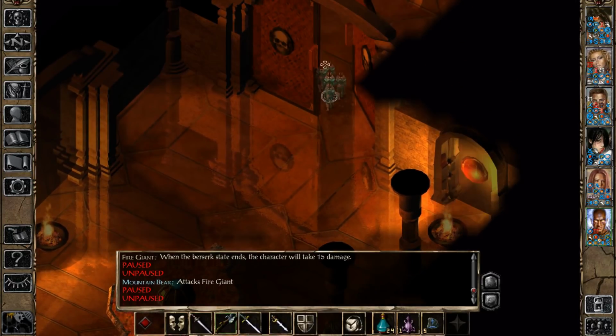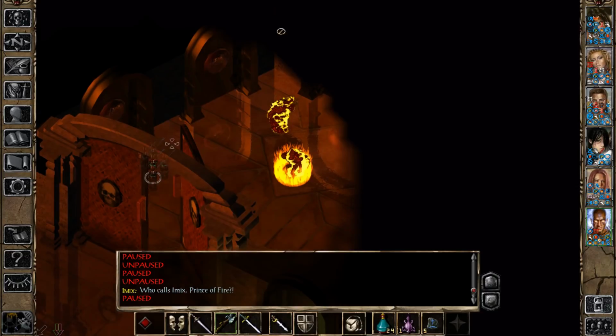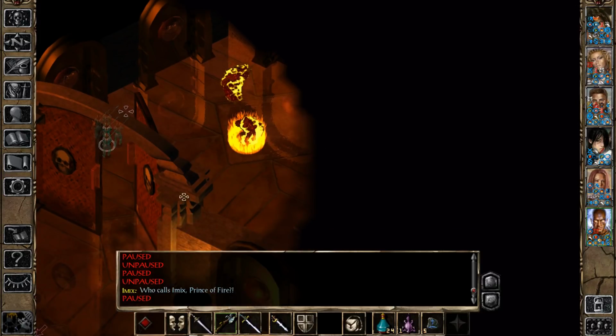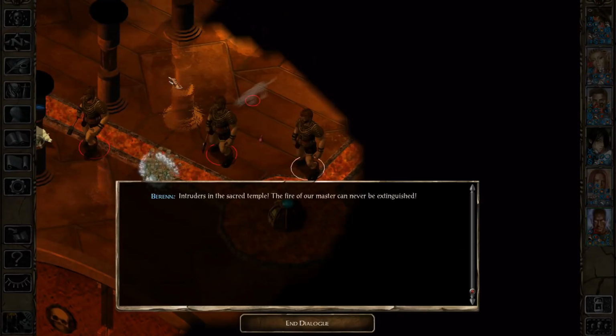Alright, here in the north, we need to enter with Saravak. Alright, so here's Imix. Who calls Imix Prince of Fire? Well, apparently Yaga-Shura was able to obtain your services somehow. There's going to be one Burning Man and another one further to the east. Now, this portion of this northern chamber is very heavily trapped, but it's kind of...